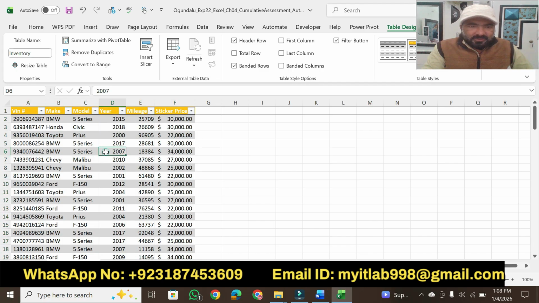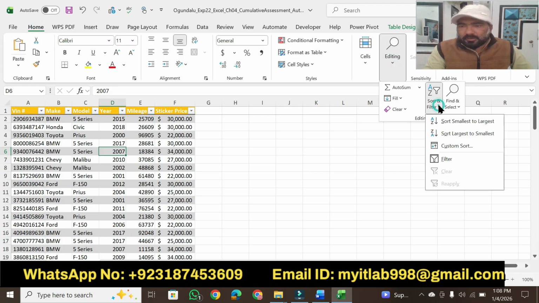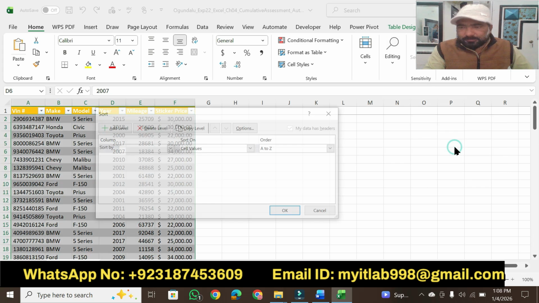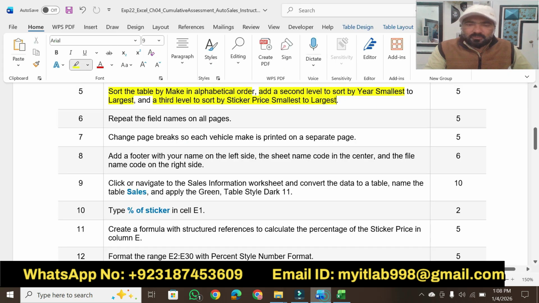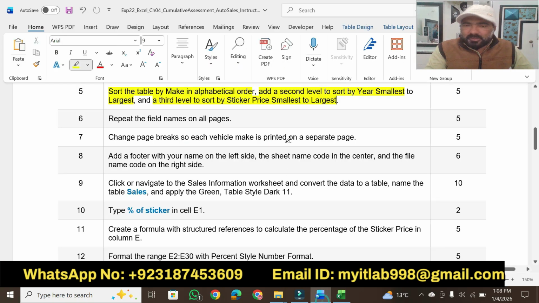First we have to click in this table, then click on Home. There is the Editing group, Sort and Filter, and Custom Sort. Okay, now in the first condition we have to sort by Make, so we have to find Make in alphabetic order. Then in a second level we have to sort by Year,